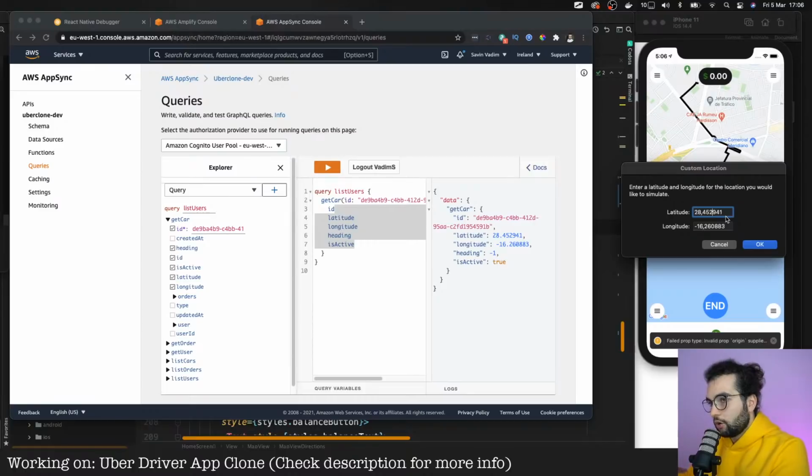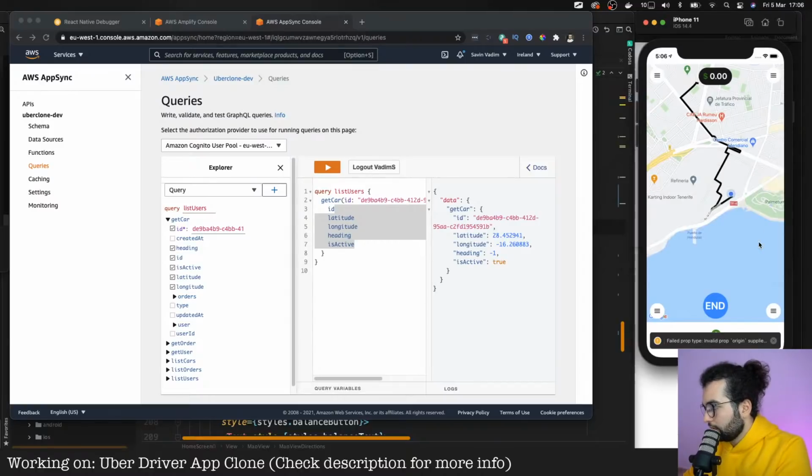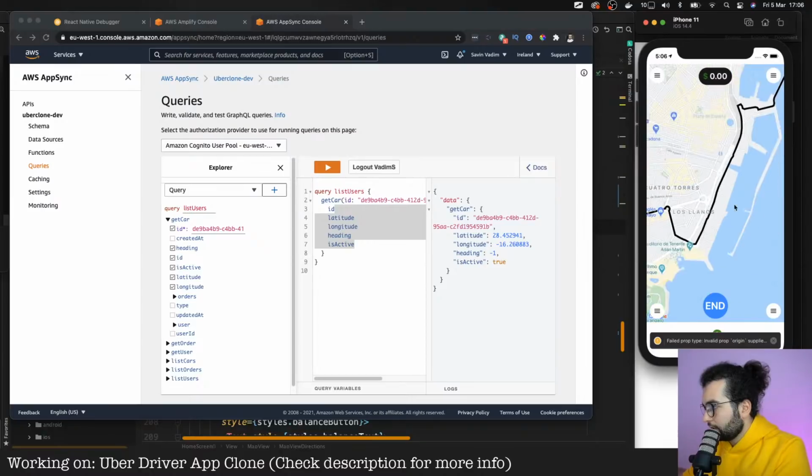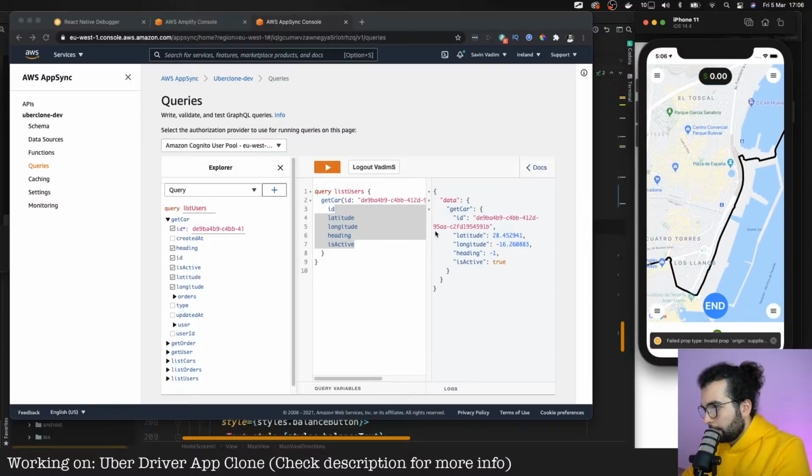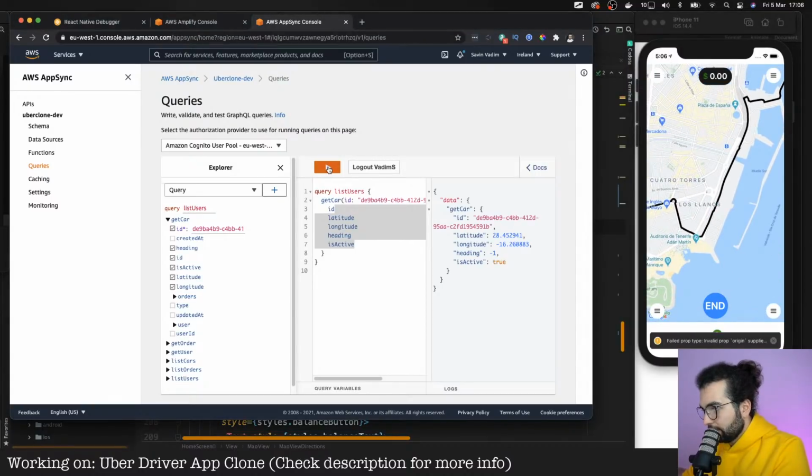I'm not sure how to simulate this change of a user location in the Android emulator, but I think it should be possible as well. So let's go from 2 to 6 for the latitude, and for the longitude from 6 to 0. Probably that is too much. And yeah, it's on the water, but it's okay. Let's run the query again, and we see that yeah, it's the location that we just set. It's with 6 and with 0 instead of 6 here.